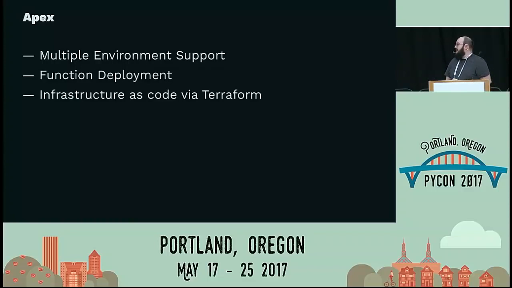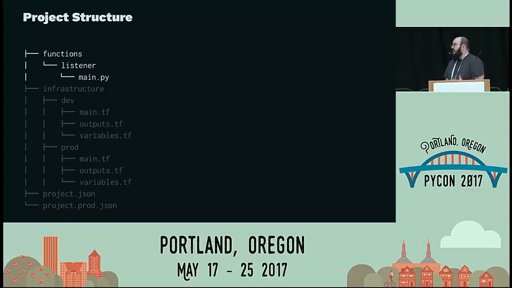And then finally, they actually allow you to have infrastructure as code directly under the same CLI that you would use to deploy your functions or to even build your functions, which I think is wonderful. And Terraform is the way that they expose that, which is a very popular way to manage resources in Amazon, Google Cloud, and Azure. I really like having all of it in one tool.